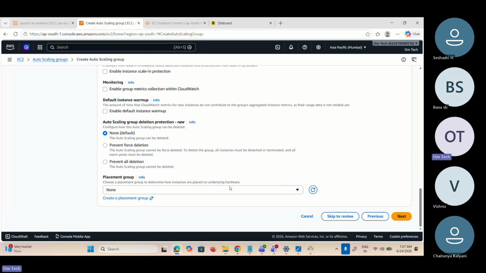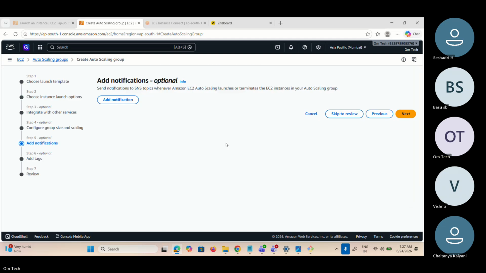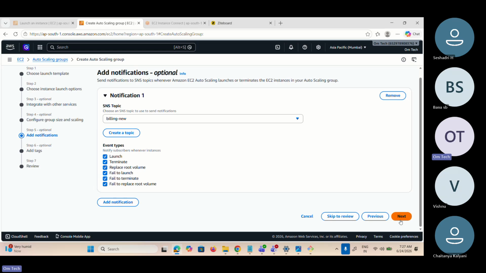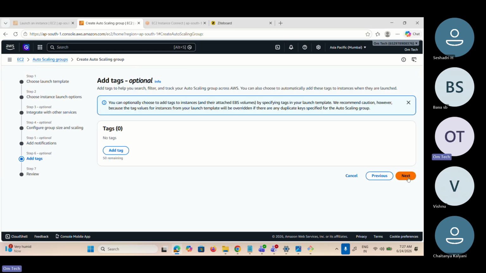And then I will go and create. You can add a notification as well, through an SNS topic, if you have any SNS topic already created. Why do we need to do this? Whenever a new EC2 instance gets created or any EC2 instance is terminated, we will get an alert. You can see event types: launch, terminate, replace root volume, fail to launch, fail to terminate. You will get the notifications on your SNS, what you have configured, in your mail or in your Teams, whatever. So that's okay. Next,